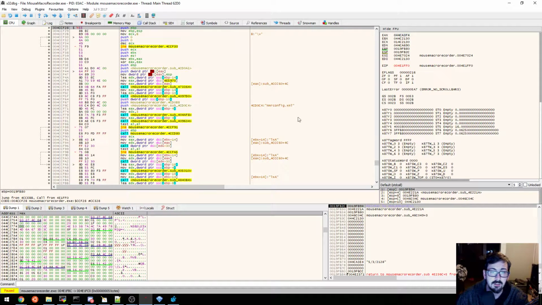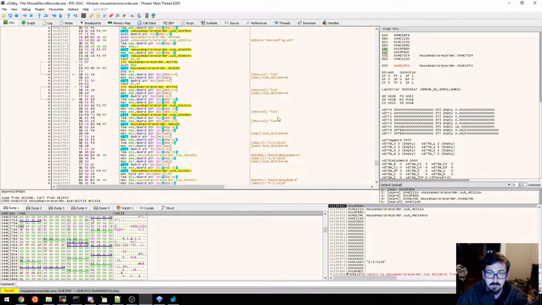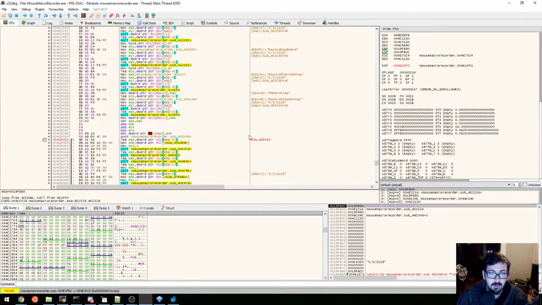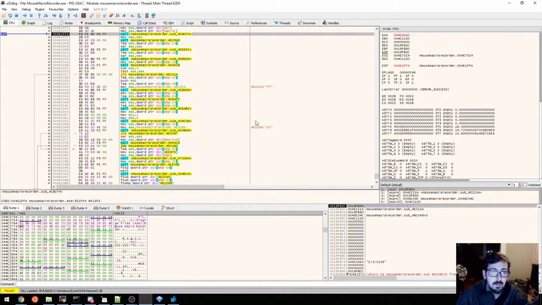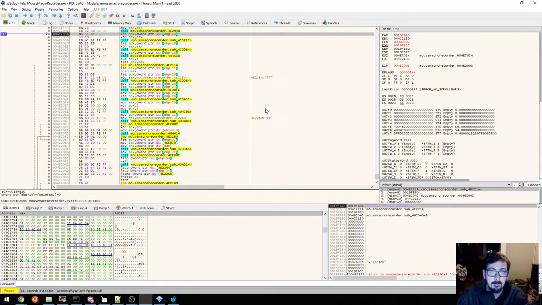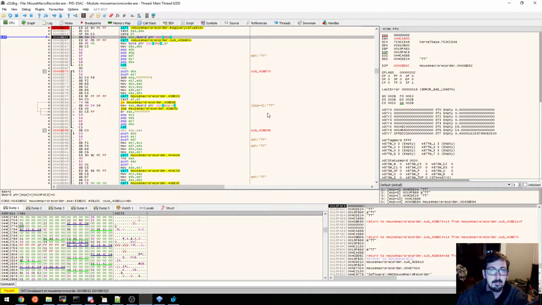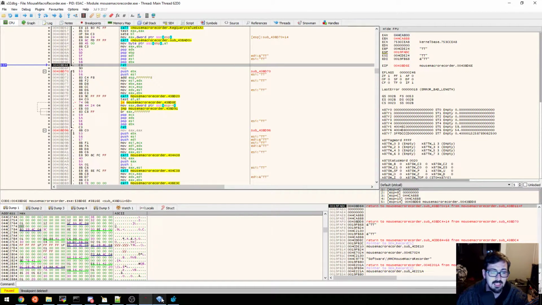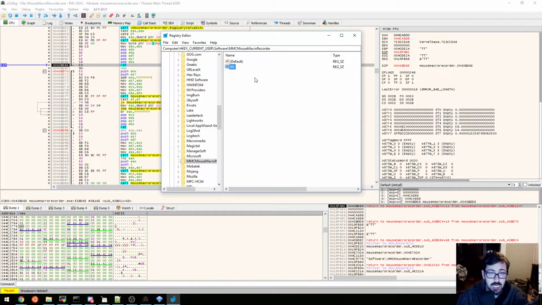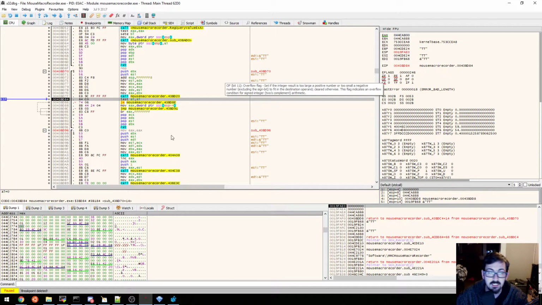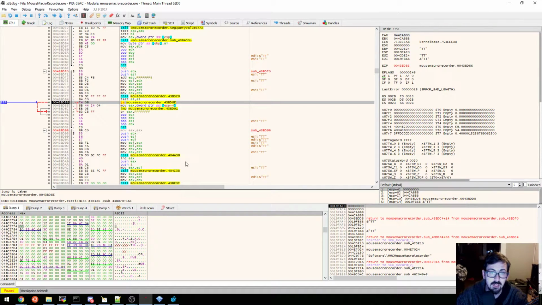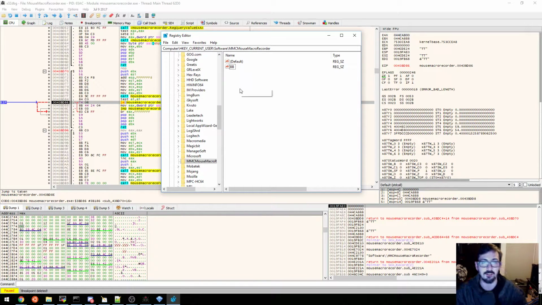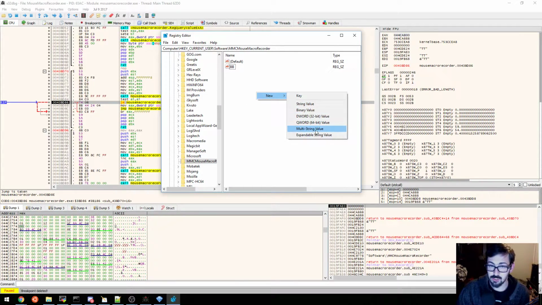Anything good here? MMR config.xml. Record keyboard. That looks like it's going to set things up. So done with that. Oh, what is this TT value? Because in our registry, in regedit, we have no TT. See? No TT. We jump right on over it. What if we gave it a TT? Let's do that. New string value, TT.